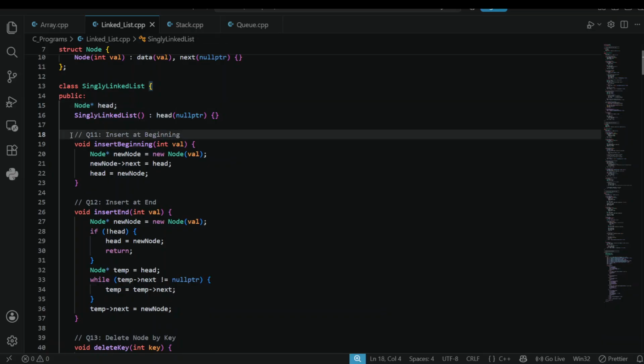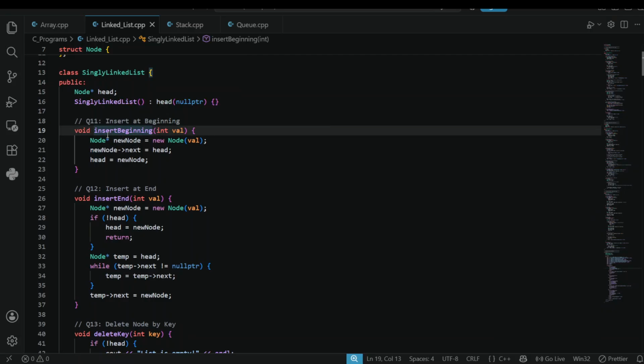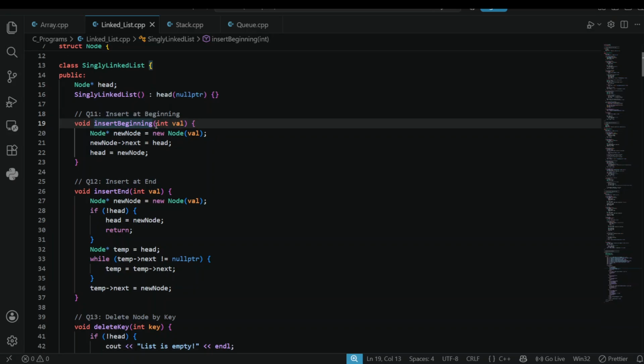Then let's start the functions. First, insert at the beginning. It means inserting data at the beginning. It returns nothing, so void insertBeginning(int value). We enter the value to insert at the beginning, and then first we will